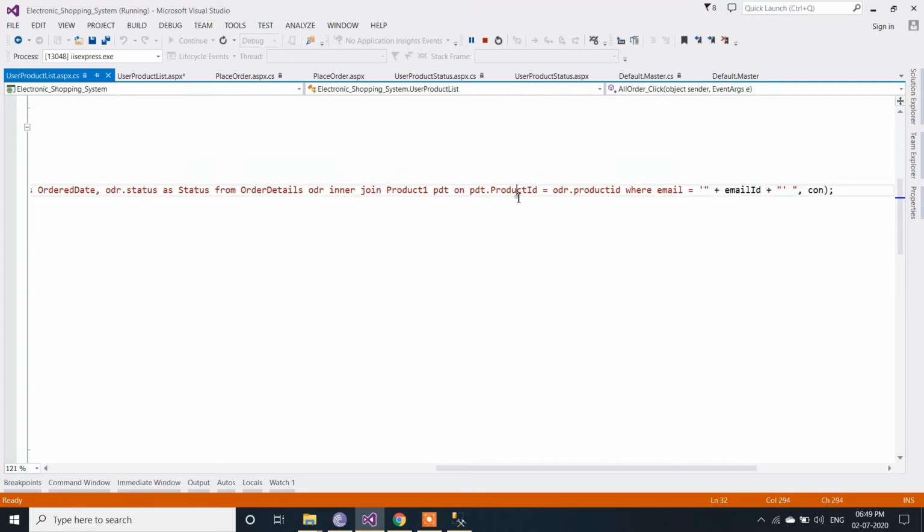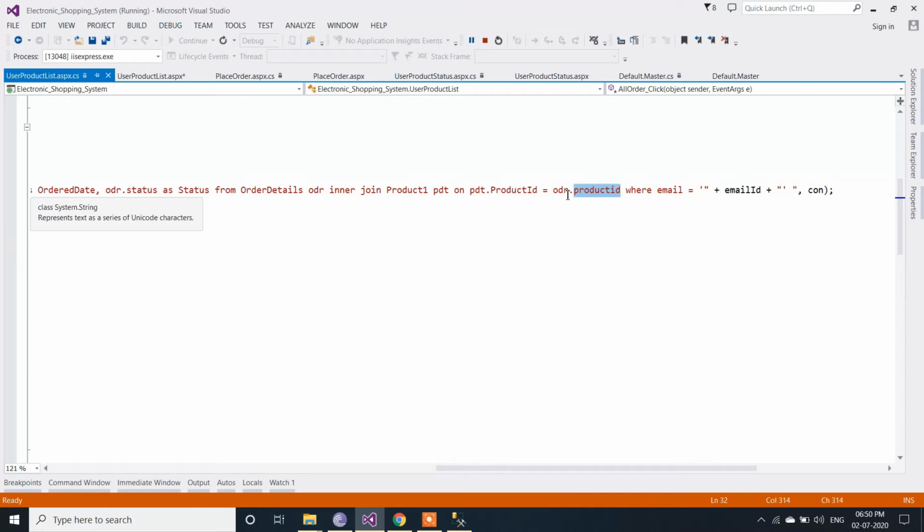So the id present in the product table, that is product id, and the id present inside the order table, that is product id. The column name characters differ: in one the P of Product is capital and in the other the p of product is small. This column product id is coming from the product one table, and this product id is coming from the order details table.